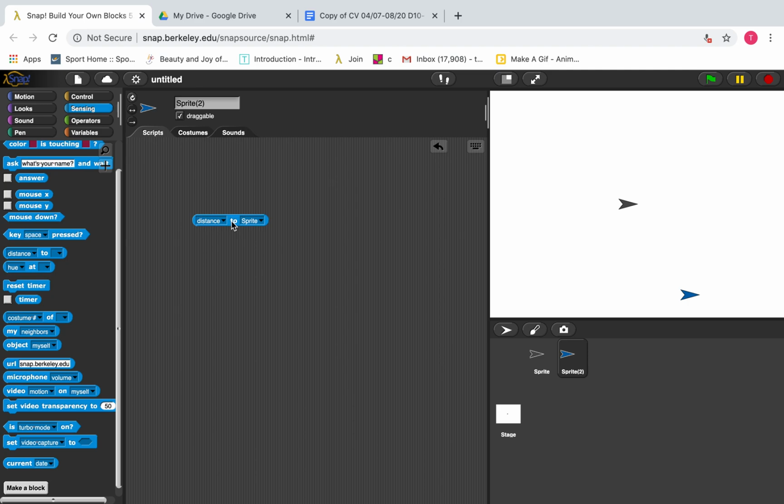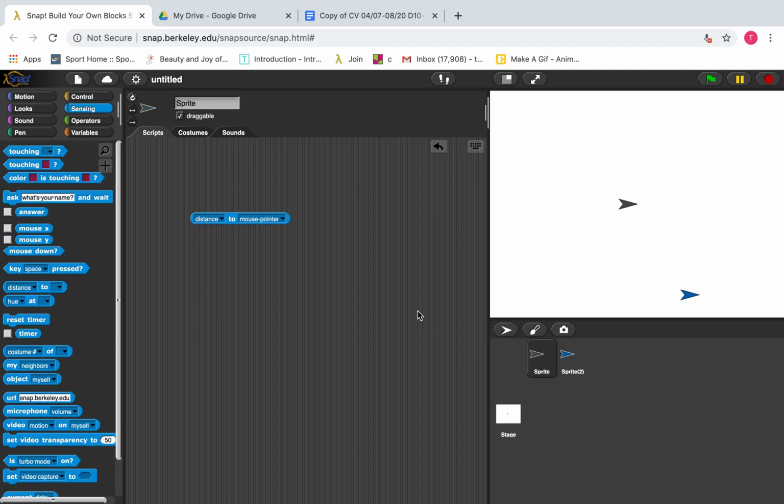Maybe as it gets closer, I want the sprite to speed up, or maybe I want my program to change in some way. So I can have some commands in there that say, hey, when the distance to the sprite becomes a certain amount, I want things to change. Another one that's going to be really, really useful is the costume number of a sprite. As you guys know, we can add multiple costumes here, right? So if we go to costumes, we can actually have a sprite